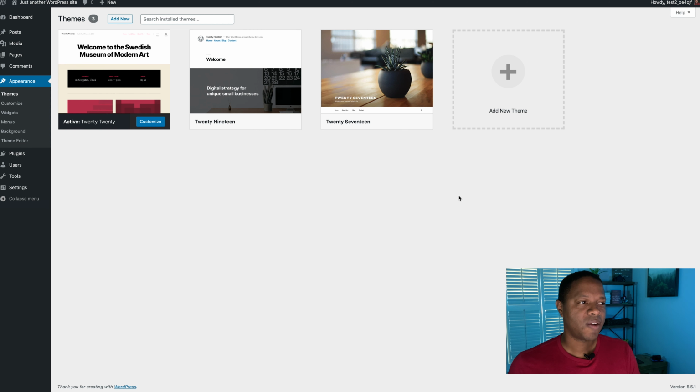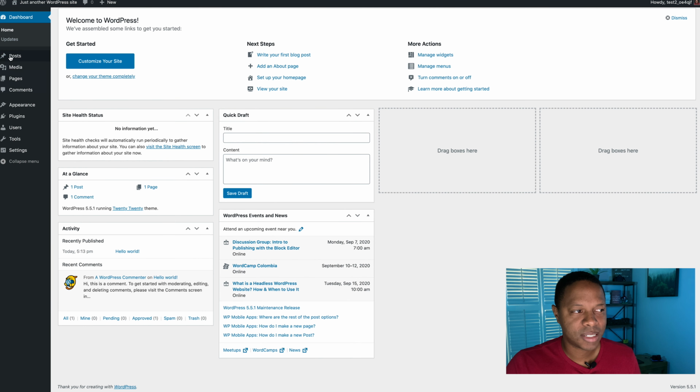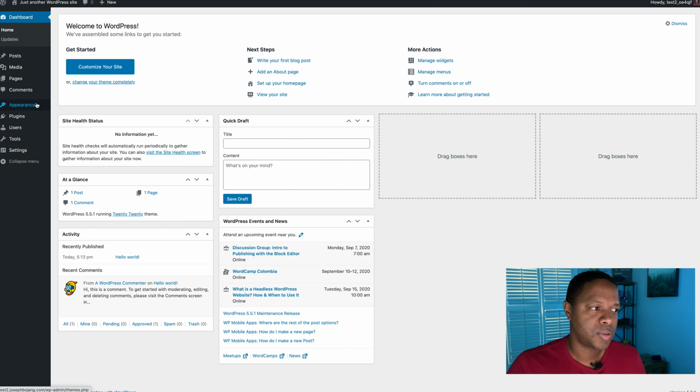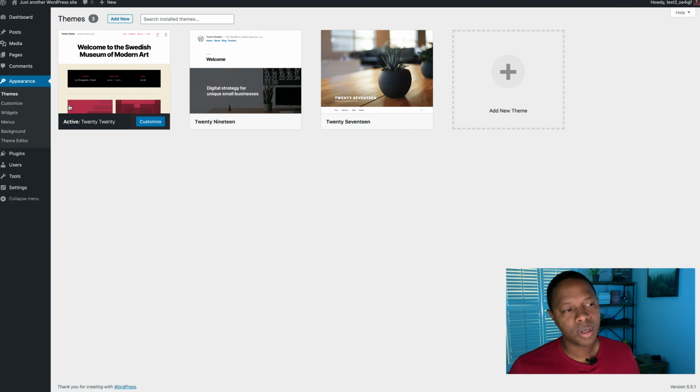You would still do everything exactly the same way. You would set up your website, you would log in, but this is what it would look like for you as soon as you went to your dashboard. You wouldn't have that area that said inspirations. It's going to look a little bit different, but what you could do is come down here to where it says appearances. You can click on themes, and you're going to be able to either add new themes or go with one of the WordPress themes.